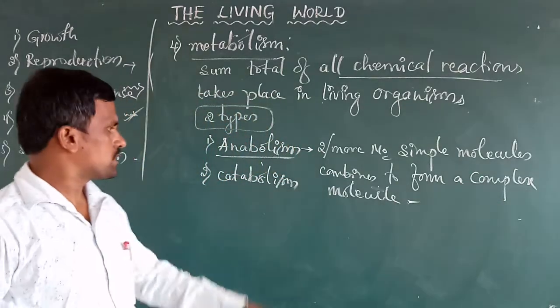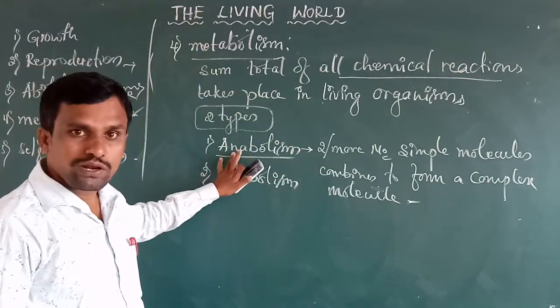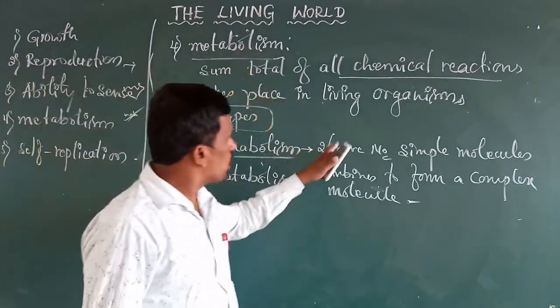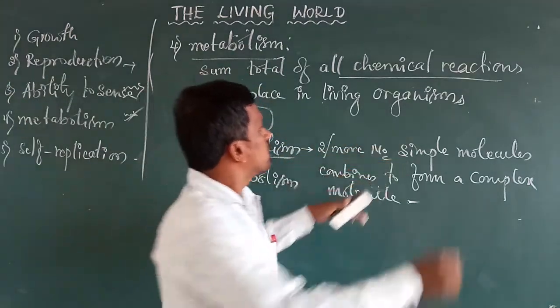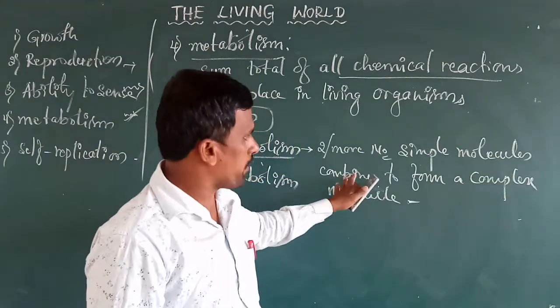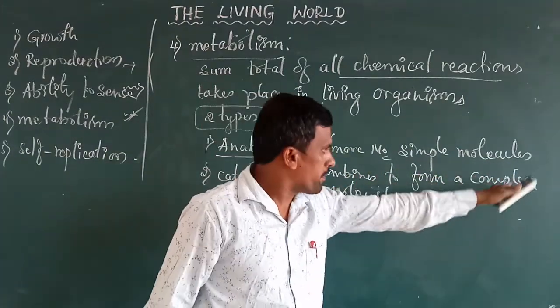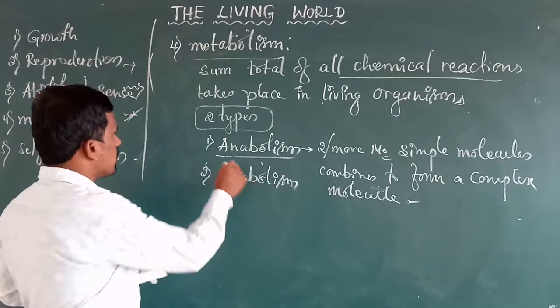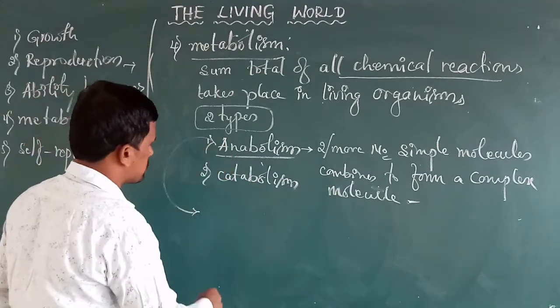These are called anabolic reactions or anabolism. Two or more simple molecules combine to form a complex molecule, which we call anabolism. Example for anabolism: